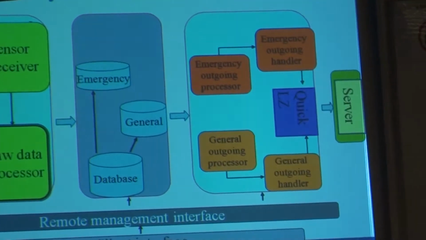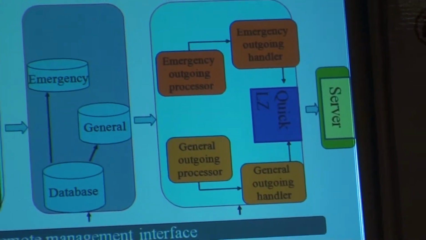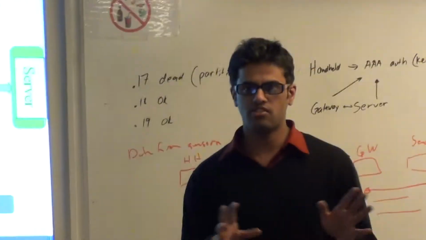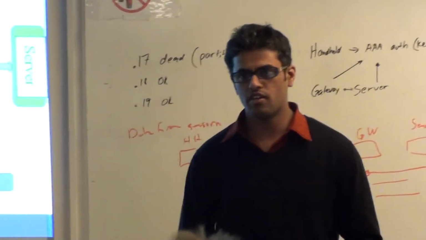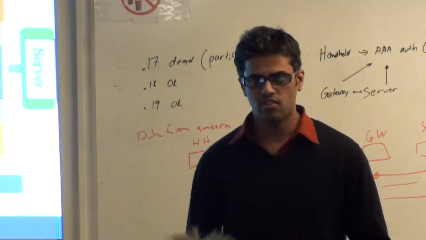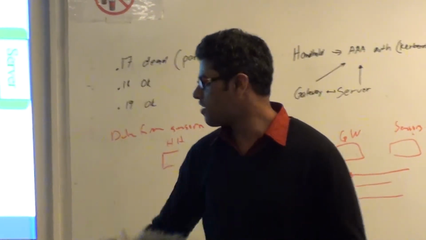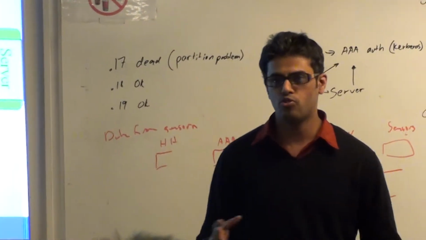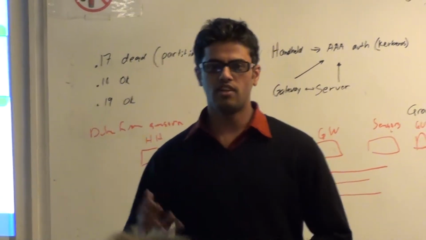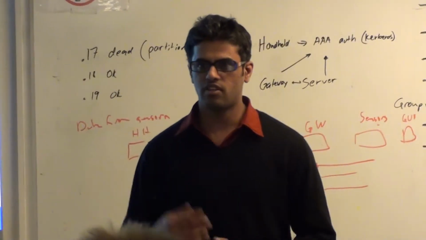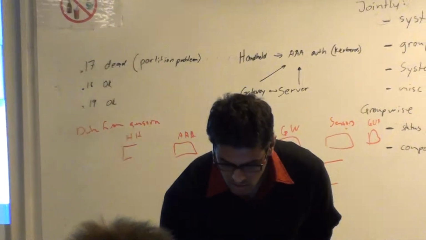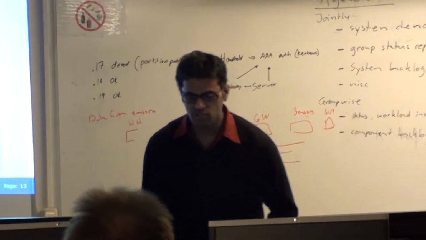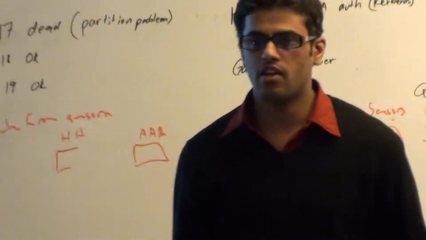So we have multiple interfaces here. We have a remote management interface and a client interface. The remote management interface is to manage the sensors which are deployed on the field, so we can have detailed information about those sensors. And the client interface is the interface which you make use of to enter the sensor data information and to generate services from the sensors.